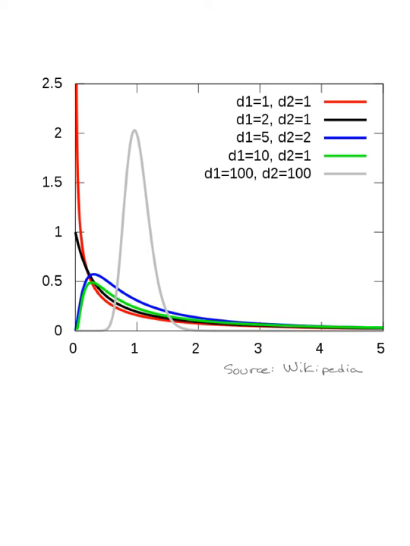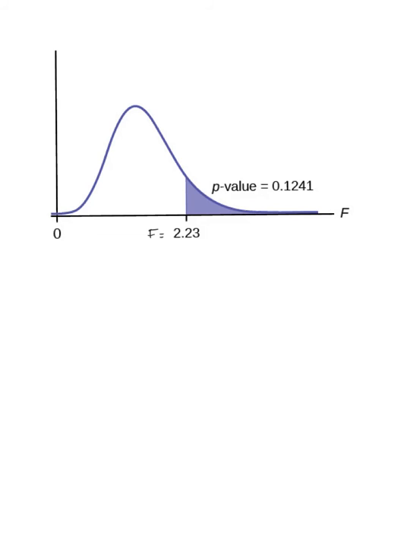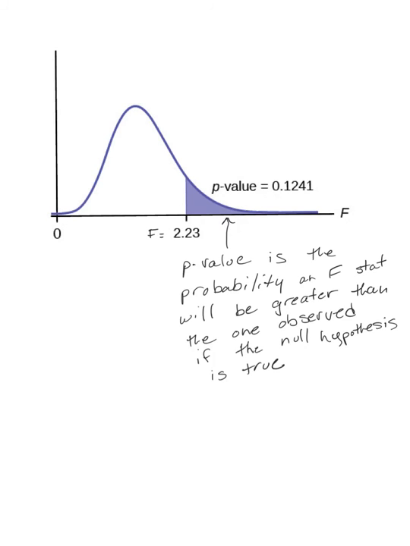So here are some pictures of what F distributions look like, taken from Wikipedia. It has a lower bound of 0. Okay, so it's always positive because it's the ratio of two positive numbers. So suppose we have an F test statistic of 2.23. Our p-value is going to be this area under the curve corresponding to the probability of seeing an F greater than 2.23. So again, the p-value is the probability an F stat will be greater than the one observed if the null